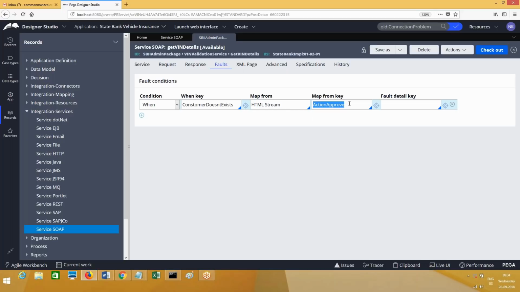Now, while you are processing your service request, you'll get the input data, right? You write a validation. The validation has failed. When the condition is satisfied, for one of the reasons, immediately the service rule is going to pick this stream rule. This stream rule will be sent as a response. When the condition is not satisfied, it is a regular response. So this stream rule will be picked and sent as a response.